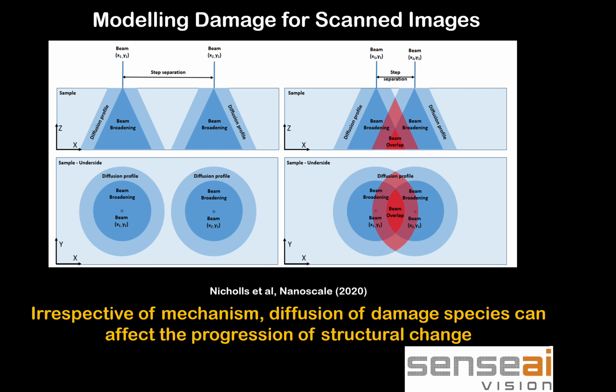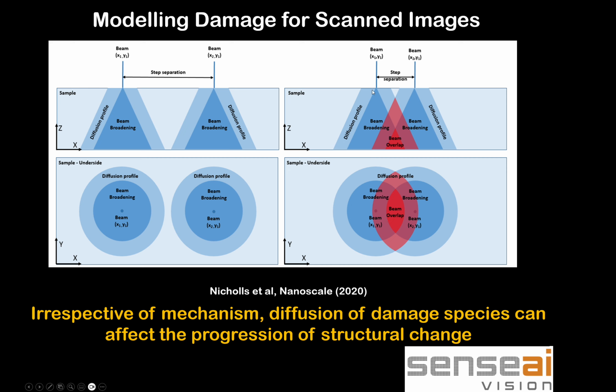Now, there's a reason why we want to do this other than the speed, and this is related to beam damage. So if we're talking about beam damage in a scanned image where you have an electron probe, then effectively the damage must be initiated by the electron beam and it must spread out from the beam location. So if you're scanning your beam and you're going from one location to the next, what's going to be happening is essentially that process is going to cause you to create damage in one location and create damage in the